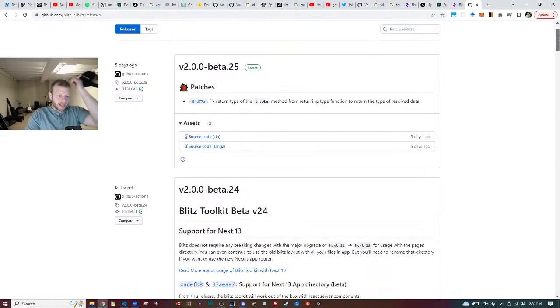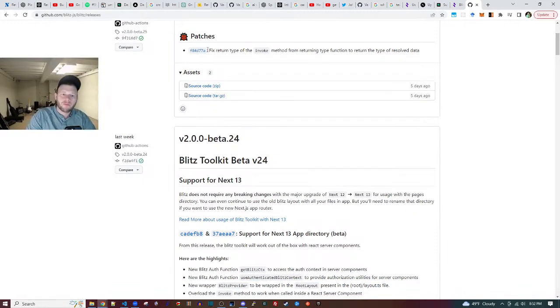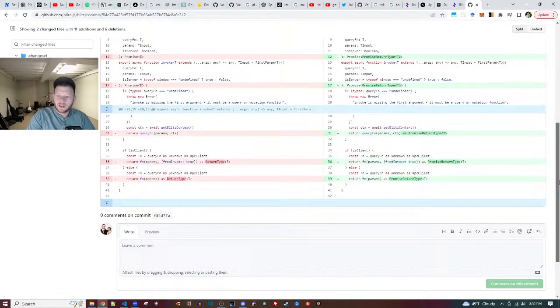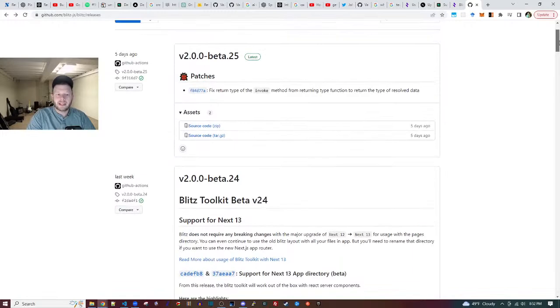Okay, so we're going to roll back, and then 24 is the one that has the support for Next 13. So I think we're not going to get it. Here, I'm looking in this file, right? This file does not relate to the lines of code that we're erroring. So what that means is that the lines of code that we're erroring,